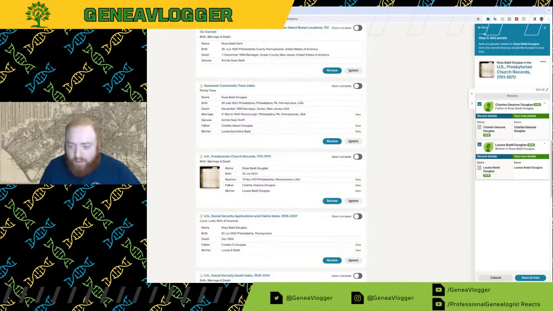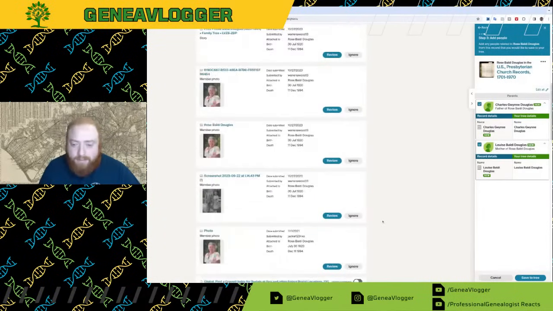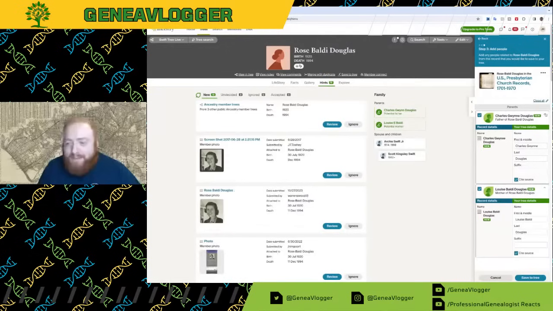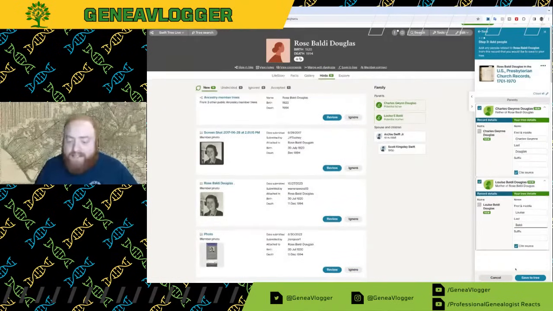One thing to note is we are adding in the married name for Louise. So we definitely want to make sure that the maiden name is correct. Even though we have the married name here, the maiden name is the middle name. So instead, let's just go in and edit this. One of the nice things with editing as you add stuff in is that keeping the tree clean makes it easier to look at.